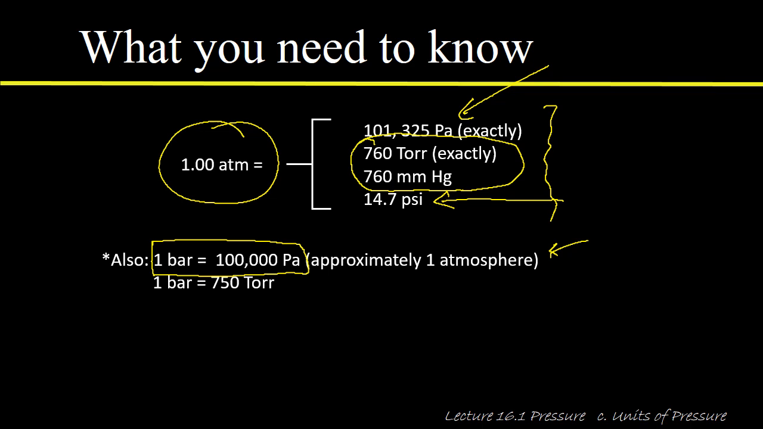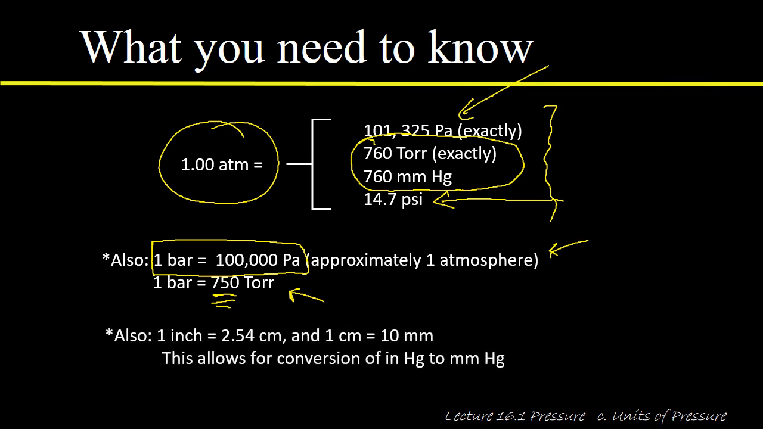If you need to actually do a calculation, a good relationship that's good to 3 significant figures, and I just think it's an easy number to remember, 750 is an easy number to remember: 1 bar is 750 torr. So that's a good thing to commit to memory. And then finally,